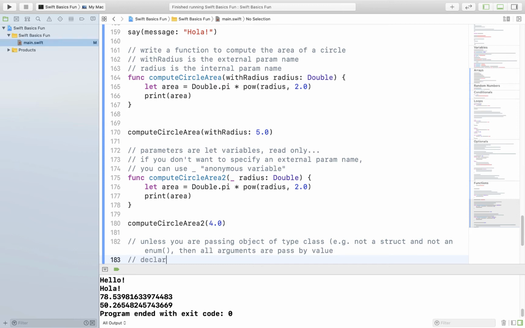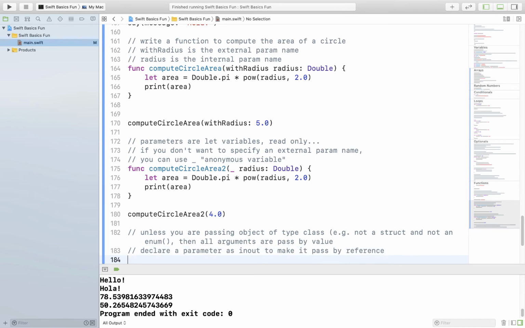So let's declare a parameter as in-out to make it pass by reference. So if I have a pass by value type, I can force it to be passed by reference by declaring the parameter as in-out and using the ampersand in a somewhat similar fashion as you might know it from C or C++ as a reference variable or the address of operator. All right, so let's have a function called increment,